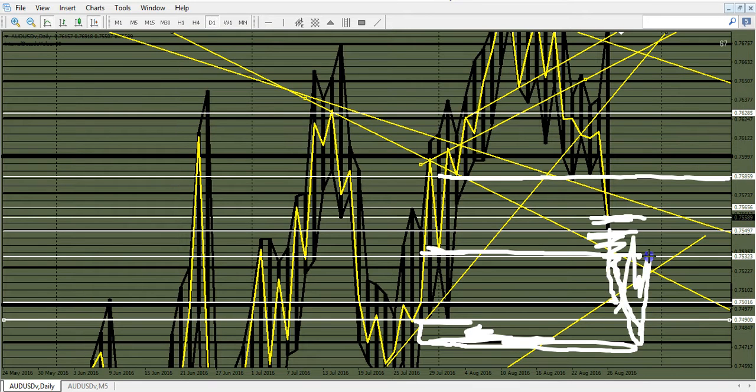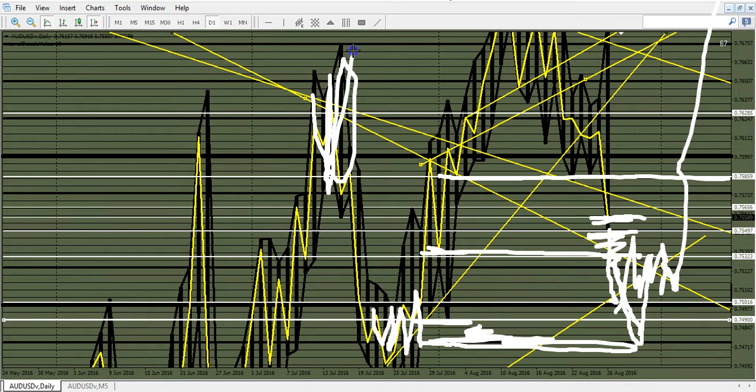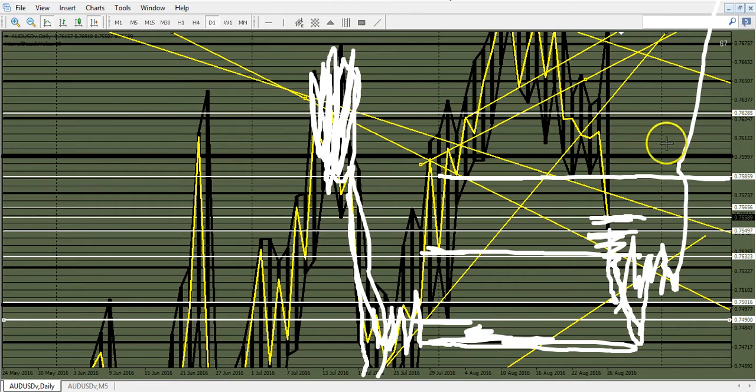Sure, it could go through this phase and then accumulate and then bust all the way up, but I don't think I want to wait 10 days through this drama. I actually want to make money during this 5-day period. I think there's more pips to be made here, even though this looks very like, wow, look at that move. But this is actually more pips if you range trade this than just this one burst down.